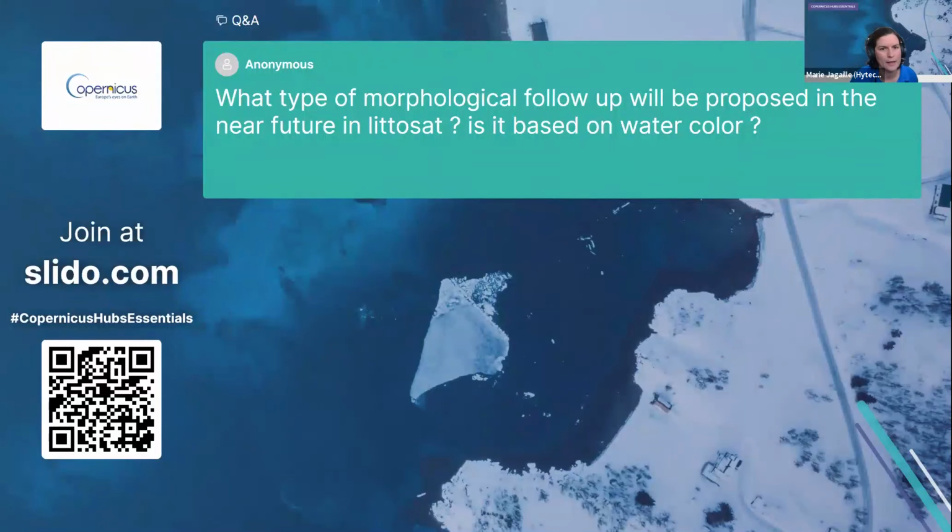Yes, it will be based on watercolor. To give more details, as part of the National Coastal Monitoring Program we are involved in, we will produce a national bathymetry product in France at 10 meters for shallow waters using radiative transfer. We will also evaluate bathymetry using waves on some areas, for areas further from the coast where we can't